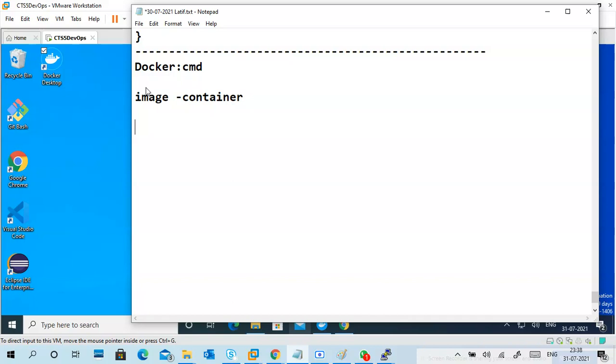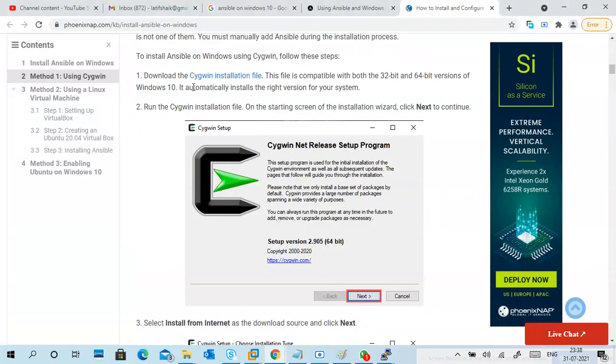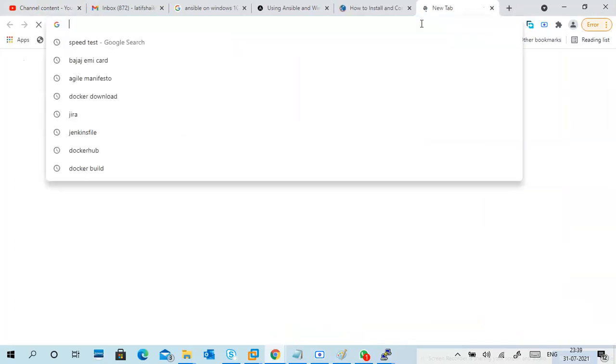So the simple thing is, the first one, when you start Docker for a sample purpose, they have already given docker run -it hello world. This is the first one. So you can see it from Docker Hub. If it is already open, then you can see this is a different one.